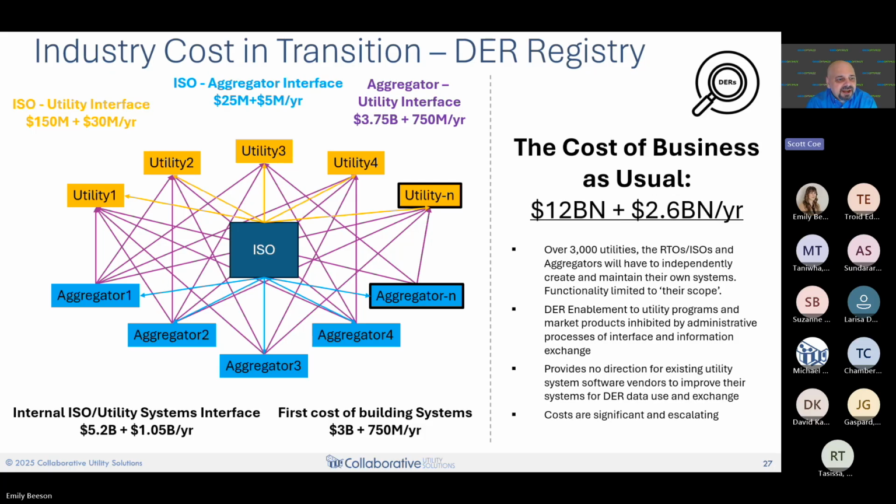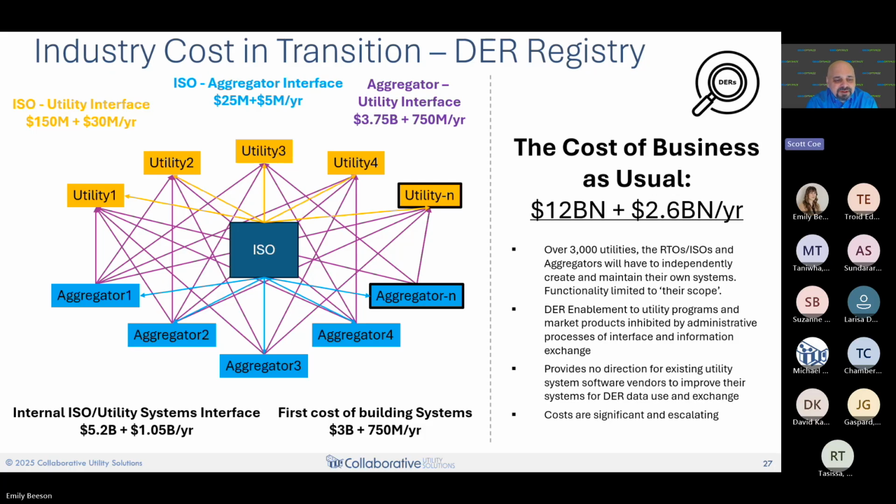So here's the ISO RTO to utility interfaces. When an ISO has an interface, every utility has to build some adapters to it, and we've done some upfront plus maintenance cost estimates on that piece. And now we also have aggregators, and there's more of those, perhaps a simpler interface for them.